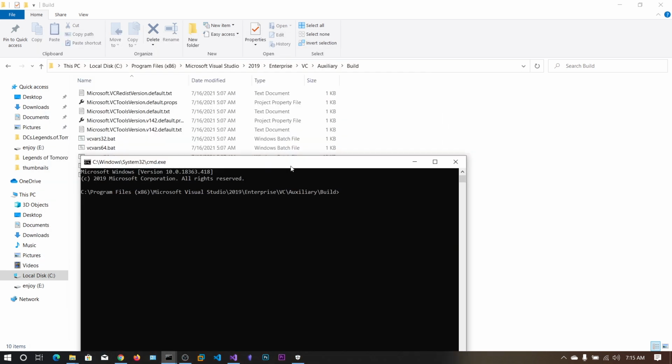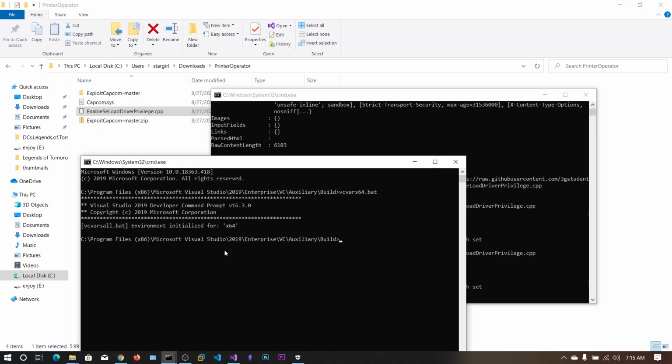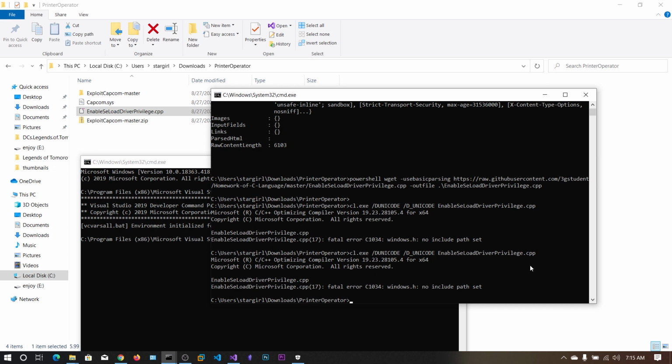So now what we are going to do is we are going to run this vcvars64.bat. So this will set up all the environment variables so that we can compile that into binary. So okay, environment has been initialized for x64.